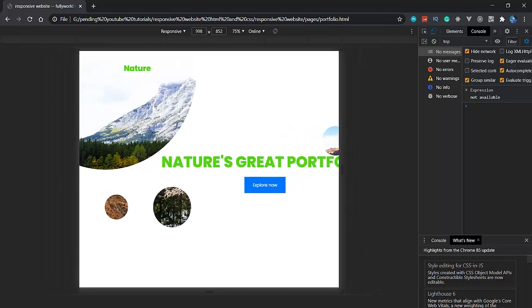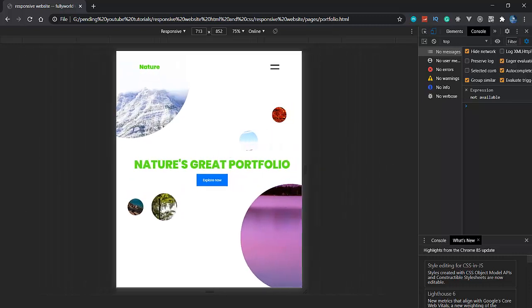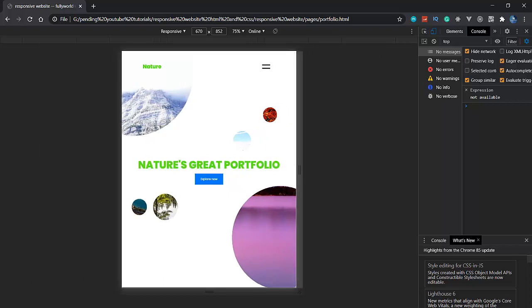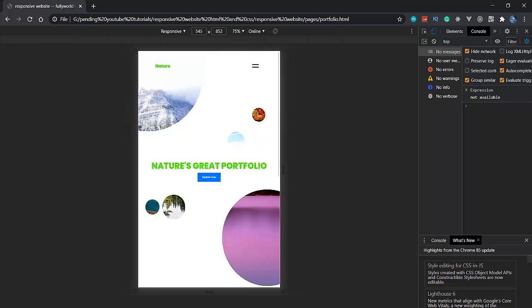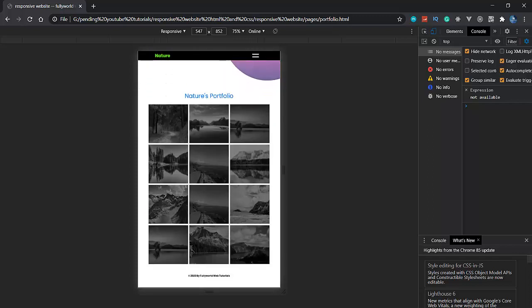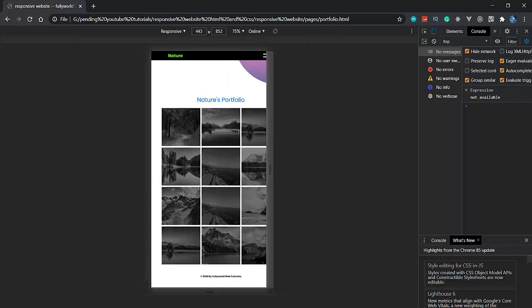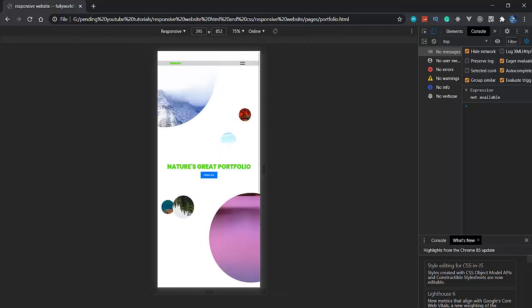See what is happening slowly: our clip path is changing, and our screen is squeezing, compressing more, so our font size also gets a little responsive. But we don't want it like that, not like this.